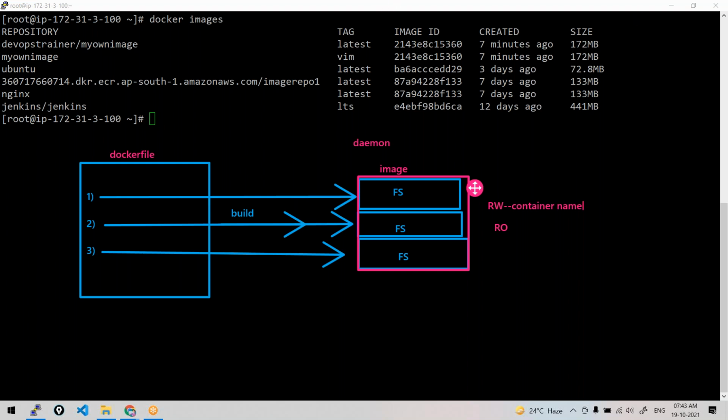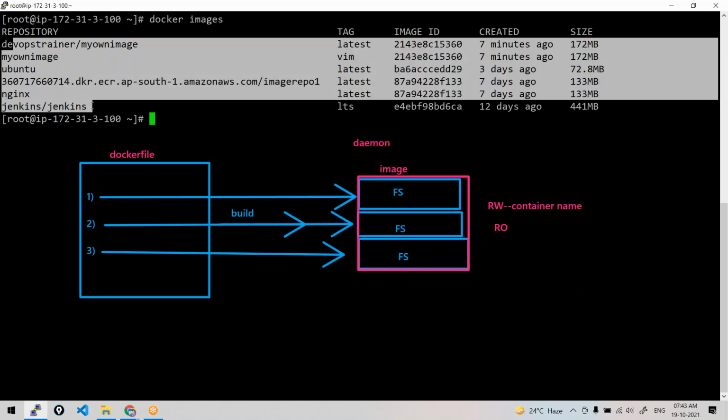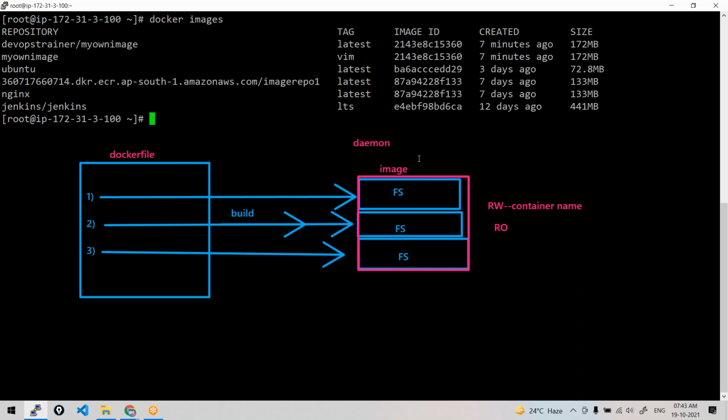Let's suppose here I am having some images, right? Like this particular image, we have a whole bunch of images. You cannot modify those images. No, never, not possible. If you want modifications, what you have to do? You have to modify your Dockerfile, maybe add a fourth step or delete some steps. Build it again. Another file system layer will be added. Actually, here I should show that whenever you make any modification, a file system layer will be added as the topmost layer, not here, here.